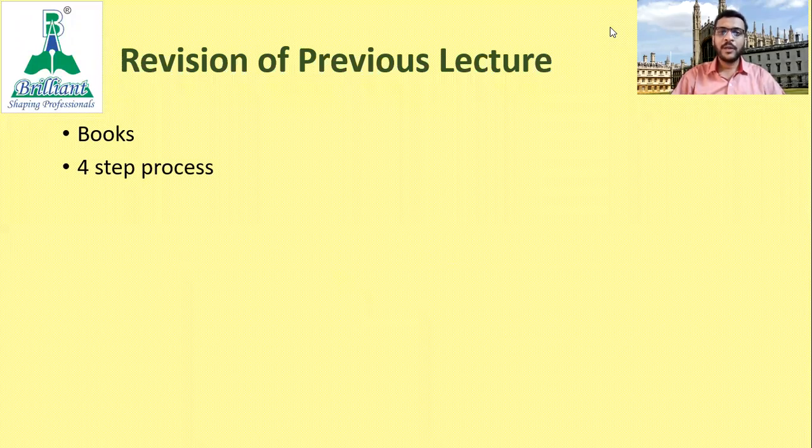In the journal, there are 4 steps by which we record the transaction. First step is to identify the number of accounts in the transaction. There might be 2 or more accounts. Second step, classify the accounts. Then third step, apply the rules, and last step is to pass the journal entry.